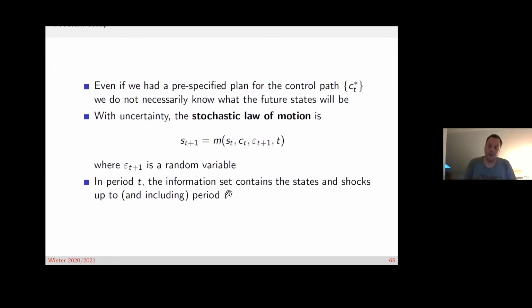The way that we model uncertainty here is that instead of having a deterministic law of motion, where we exactly know the situation that we are in tomorrow or in the next period of time,